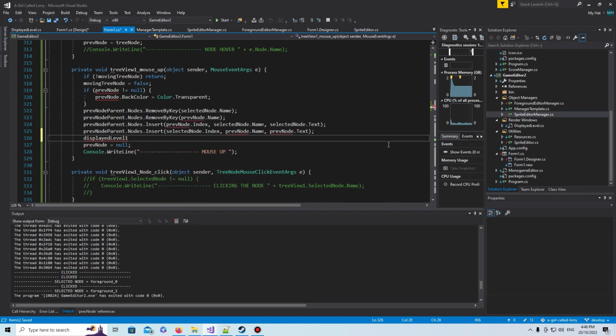No, not that. Maybe it's the wrong one. Maybe I gotta do display level 1 sprite foreground. Yeah, and we want to do swap sprites. Here we go. So we go to the foreground editor, foreground manager, and we do swap sprites. So essentially, we would have to call this for,